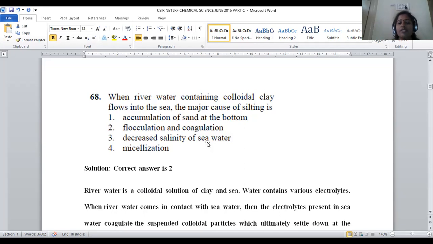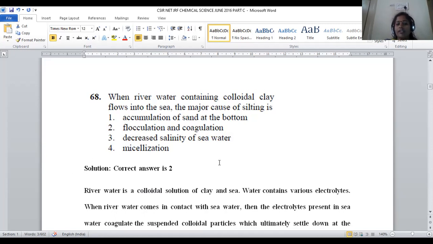That is the main cause for the formation of the delta region, wherever sea water and river water get mixed. For delta regions, we can take the Ganga basin, Godavari basin. In that region, delta soils originate because of this river water, whatever soil is collected from different regions, and they get mixed with seawater, and seawater contains those electrolytes, and they combine all the particles. That is called coagulation, so that the surface soil collected by the river water gets deposited in that particular area, and delta soil originates.